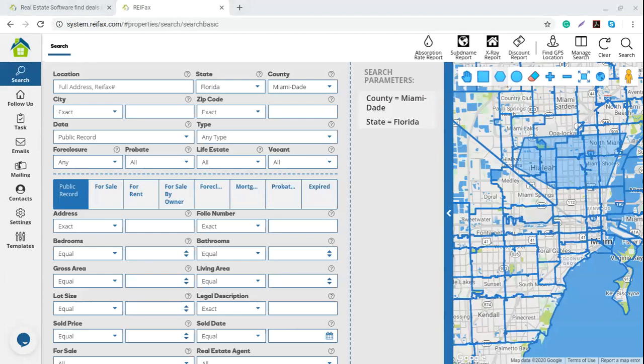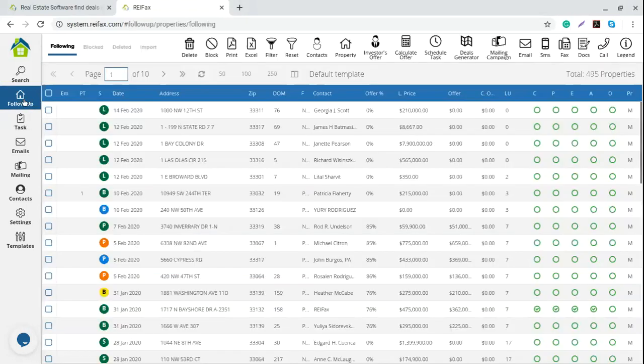Okay, so let's continue. Another place on the system where you can find the reports, okay, is in the overview of a single property. So let's go to my follow-up, right here, my follow-up tab, all the properties that I have stored there. If you don't have follow-up, because that is a tool that is